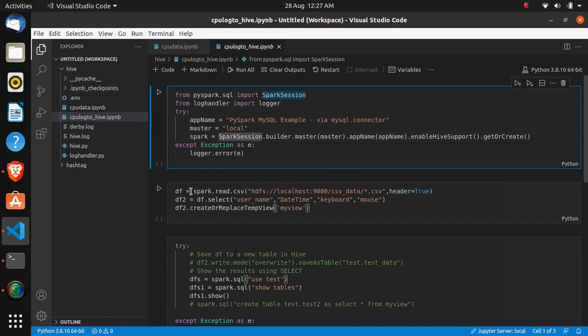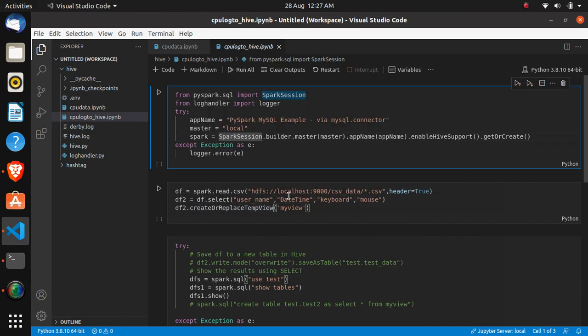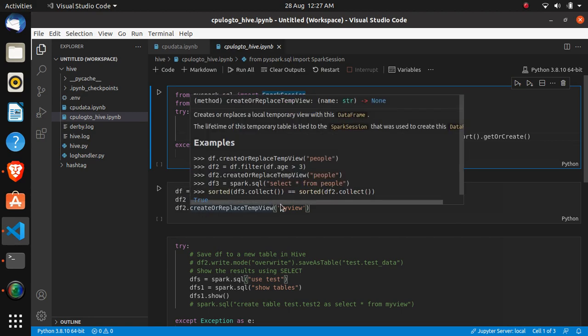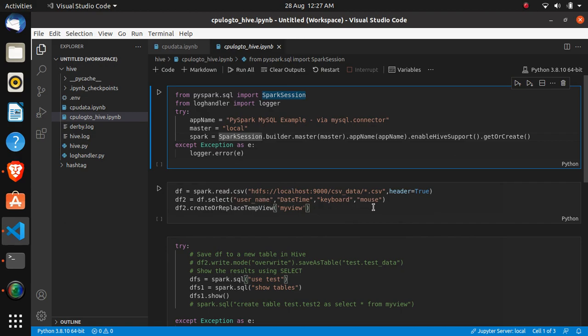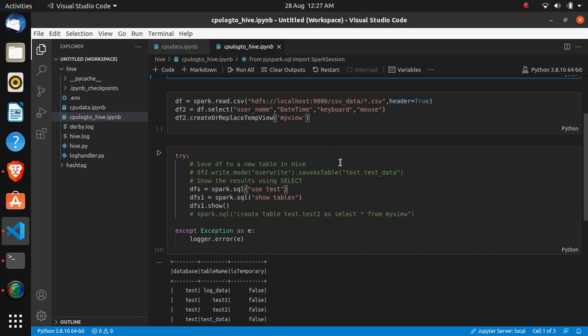Then I just have to create a data frame from that CSV file; I am loading the CSV file into this data frame, and from the data frame I am selecting only the four columns that I need. Then I am creating a view from that data frame, and we put this data frame into our Hive table by using the write mode overwrite, and save as table. It will insert our Spark data frame into our Hive table.